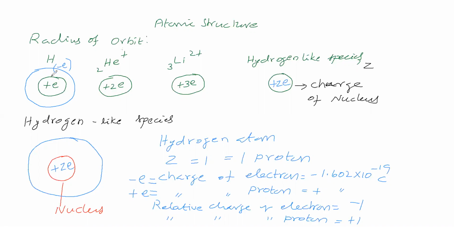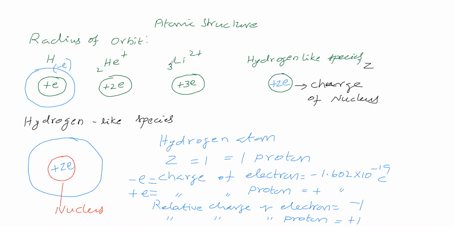So the hydrogen atom has one electron, revolving around its nucleus, and that electron's charge is minus e. Then we will take He+. Its atomic number is 2, so the nucleus contains 2 protons, and we said the nucleus charge is plus 2e. Now, how many electrons does this unipositive helium ion have? Think and say.